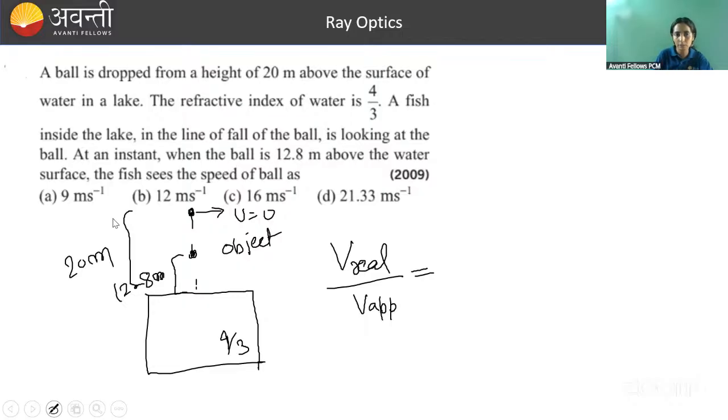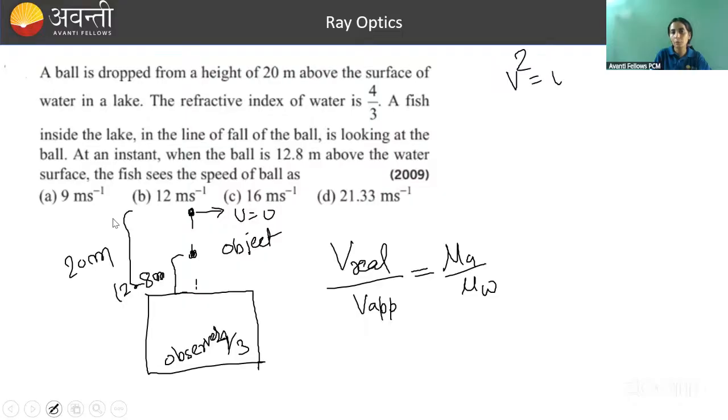Observer is in water. So here there is observer. Light travels from where to where? Object to observer. So here you will write mu air by mu water. Now if you know V real, you can calculate V apparent, and V real you can simply calculate by using